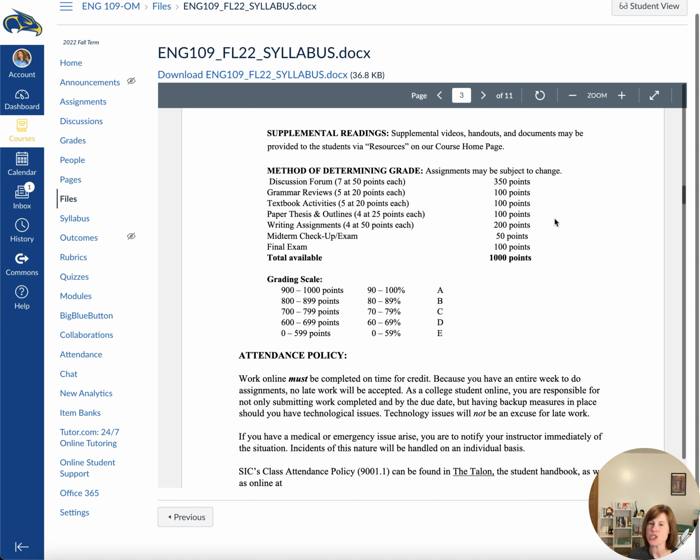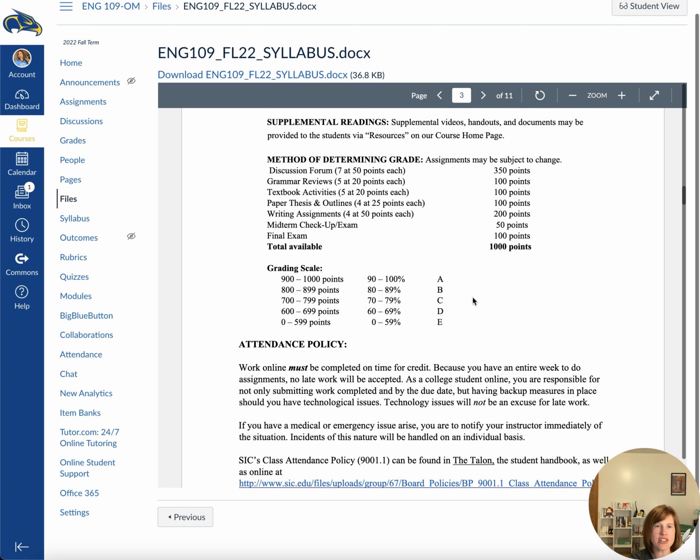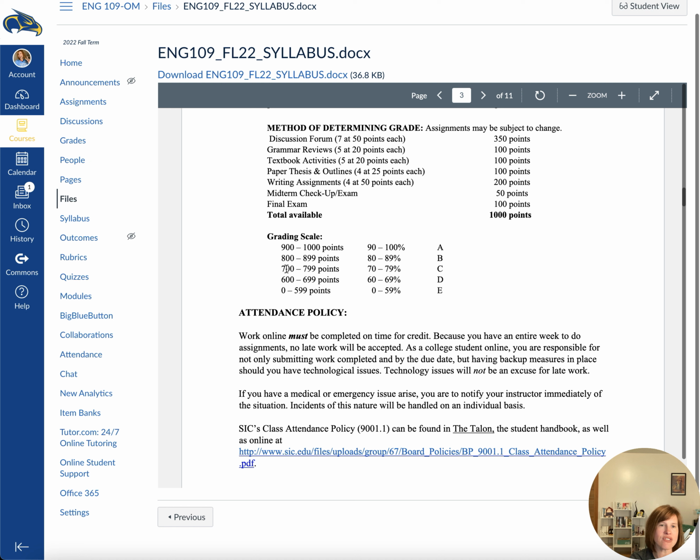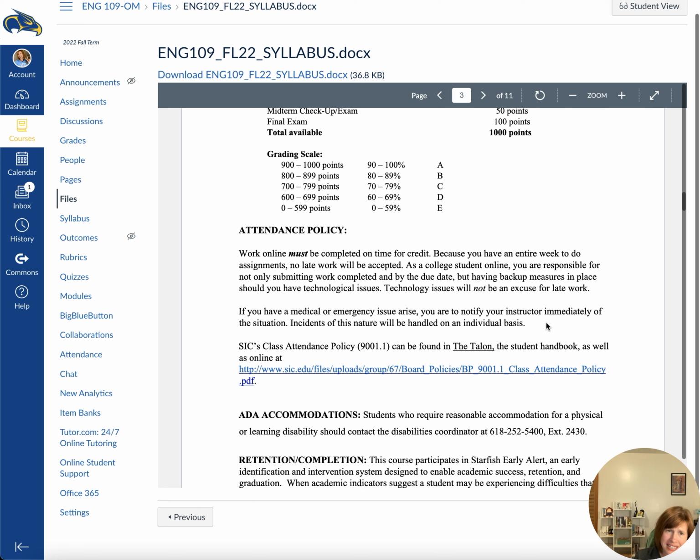I'm definitely the type of teacher that doesn't want you to have all the assignments at the first of the semester or at the end. We try to spread it out pretty evenly throughout the semester, right? And this will show you how you get your grade. You have to have a C or higher to advance to 121. If you get a D, you will have to take this class again. Same with an E. So make sure you at least get those 700 points so you can advance onto English 121.